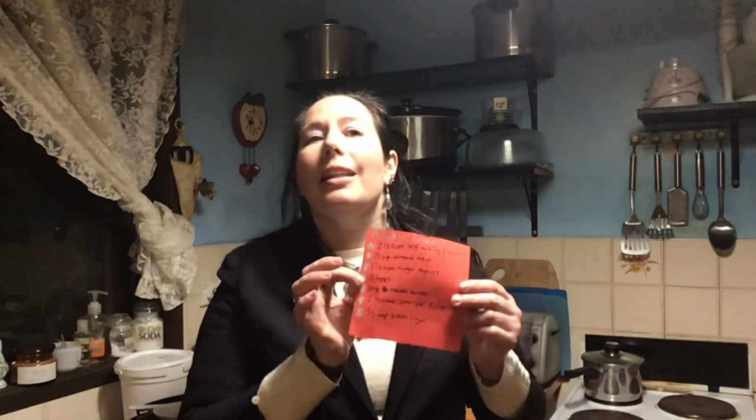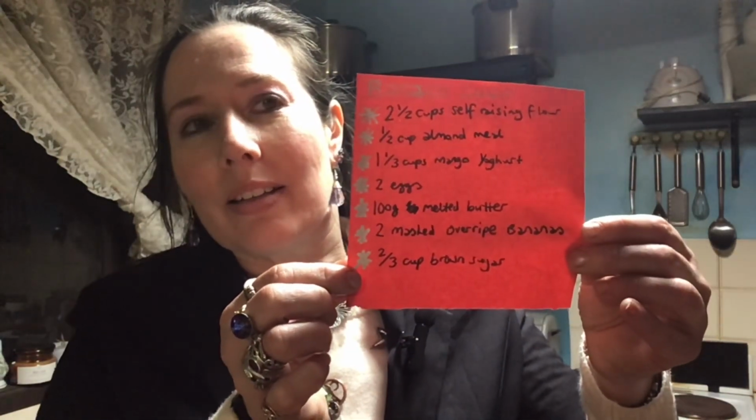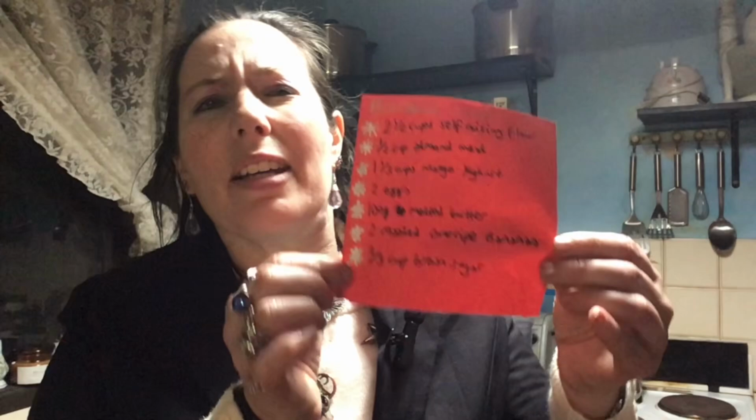Tonight it's time to feed our sweet tooth with banana loaf. This is a little bit different to most banana breads, banana cakes, etc. that you make. I'll show you those special ingredients in a moment, but here's what we need. So technically it's possibly a healthier version of it, but it'll still be good though. So grab your handy pink spatula or equivalent that you use for cooking and come on in and I'll show